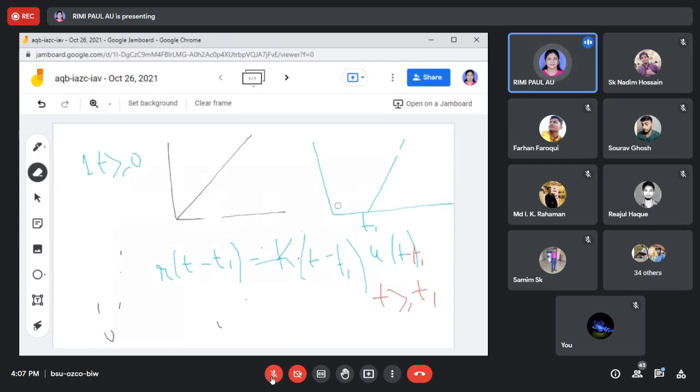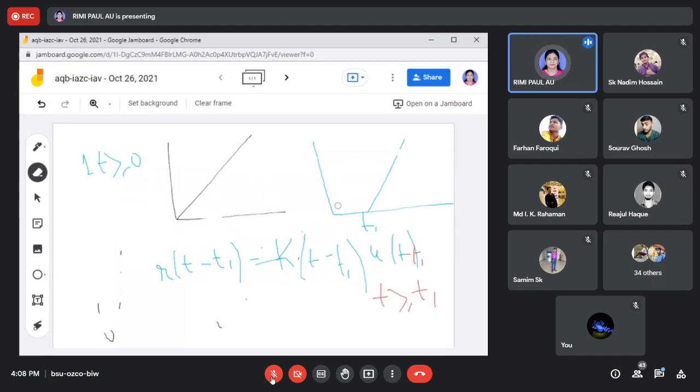So that's why we multiply the unit step function. Whenever we shift any signal, we have to shift the step signal the same way, because for t less than 0, t less than t1 time or t2 time, this signal which is multiplied with the unit step function will be 0. So whatever the signal, if I multiply a 0 signal with the unit step function, it will also be 0. For this reason you have to shift the step also. Keep this in mind when you write the equation.